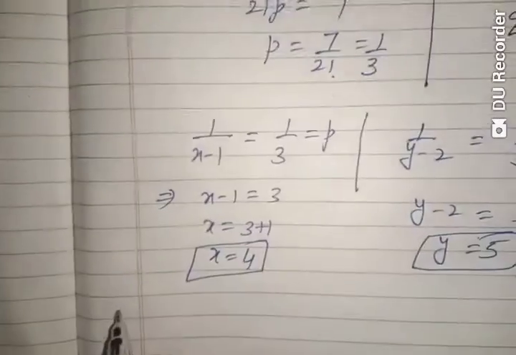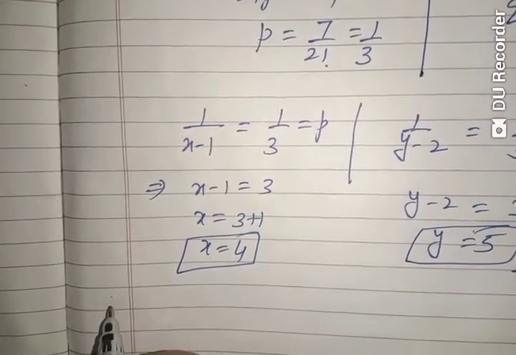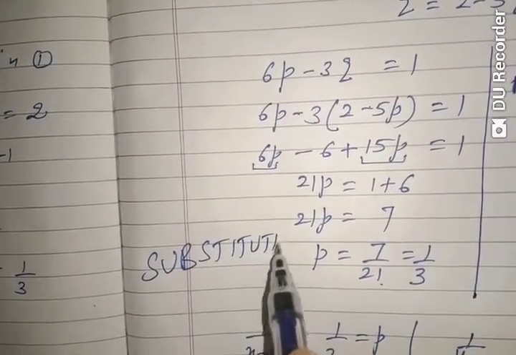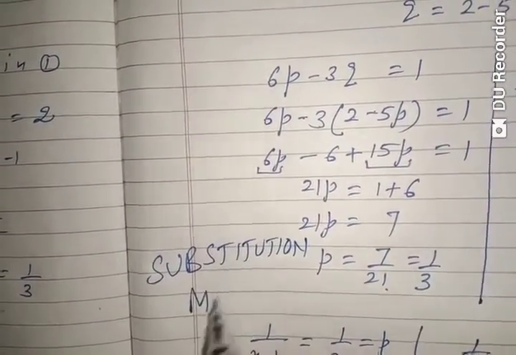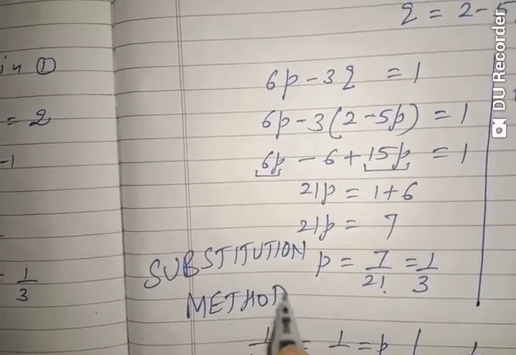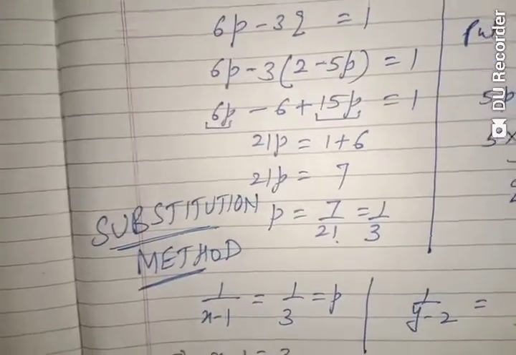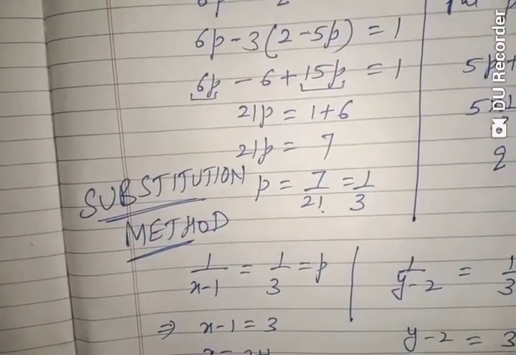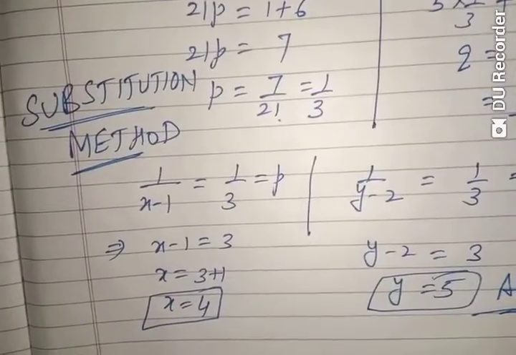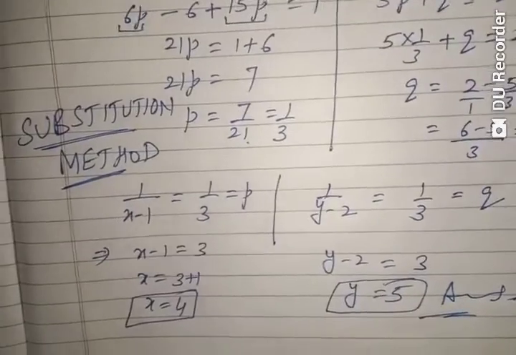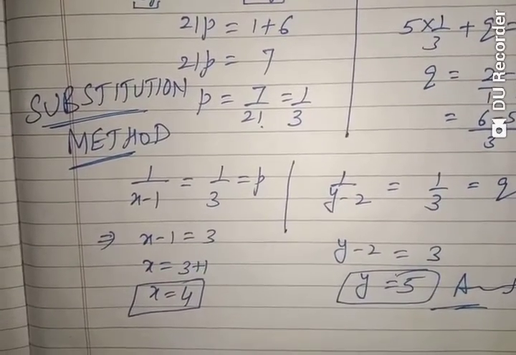Now we'll take one more part. You can write here that this question we have done by the substitution method, because this is the last exercise of the book. We are near to completing the chapter, so that's why I'm telling you each and every method in different questions, so that you can revise all the methods again, that is, how to solve the equations by the cross multiplication method, substitution method and elimination method.